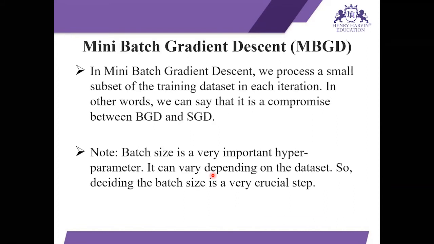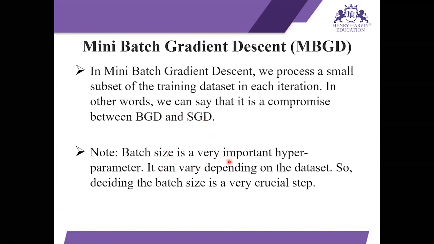Now, mini batch gradient descent. Here the model parameters are updated in small batch sizes. It means that after every n samples, the model parameters will be updated, and this ensures that the model is proceeding towards minima in fewer steps without getting derailed often. This also results in less memory usage and low variance in the model. Basically we process a small subset of the training data set in each iteration. So it is a compromise between batch gradient descent and stochastic gradient descent.